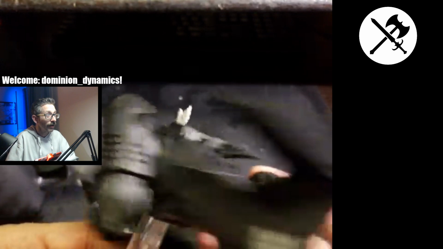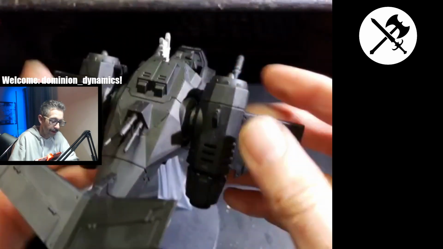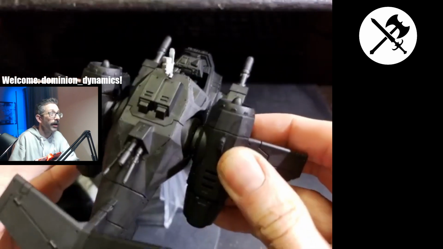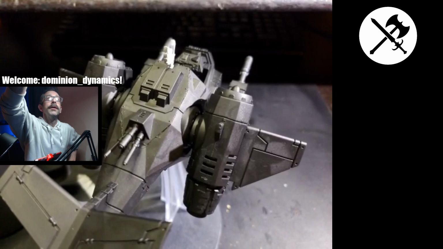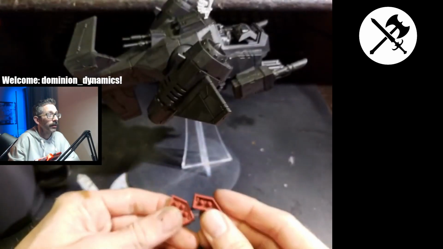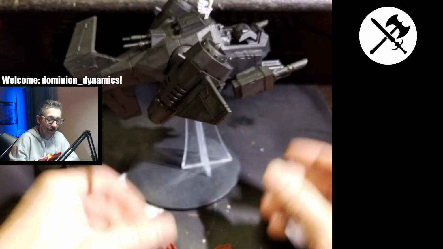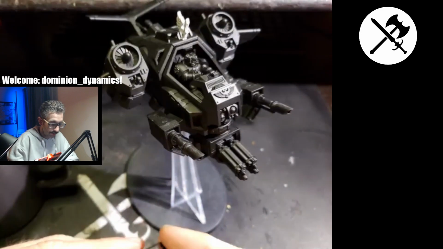And I already lost a wing. Let's go ahead and stick that back on there. They're not glued, but it is cool. They can rotate up and down, so that's nice. And I've got my little easily lost pieces here. A couple of little rockets to substitute out for the las cannons on the front sides. And this is...